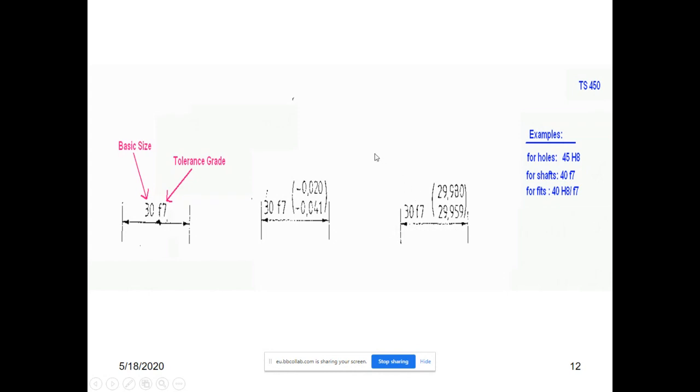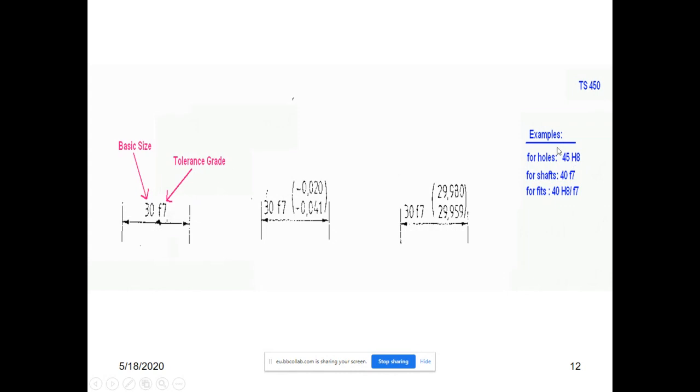And one more thing you should learn is the tolerance rate letter. If the dimension is the size of a masculine feature, then we use lowercase letters. If the feature is a feminine feature, formally speaking, say an empty space, there is a channel, there is a hole, and the dimension is the size of such a feature, then we use a capital letter when writing the tolerance rate.